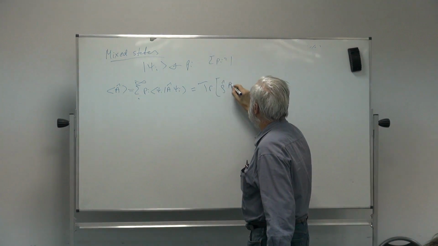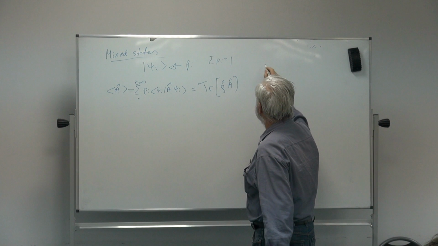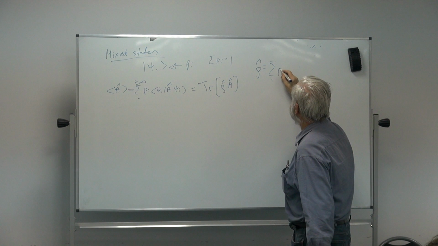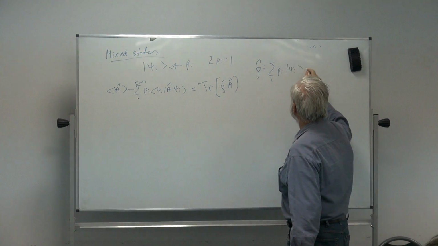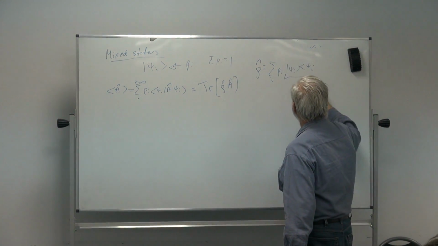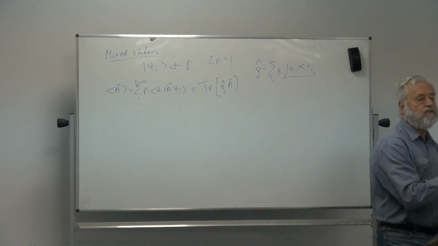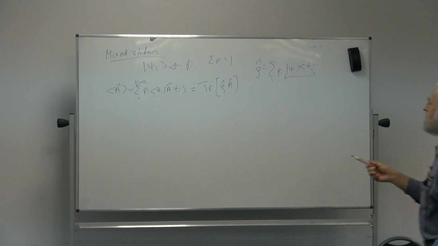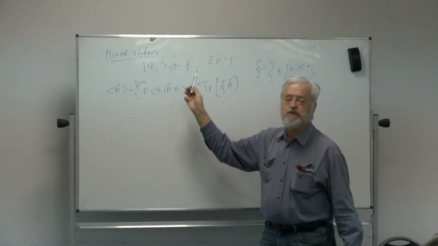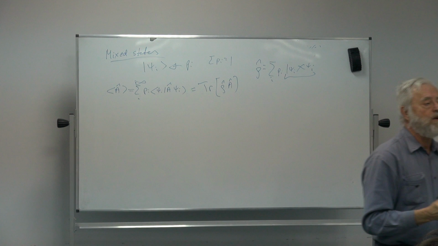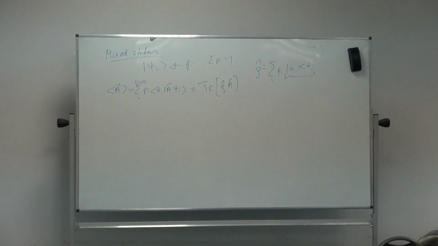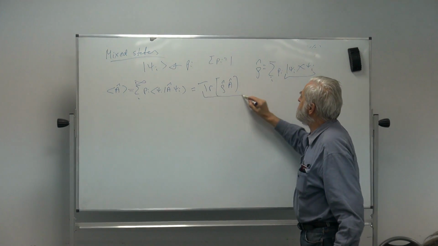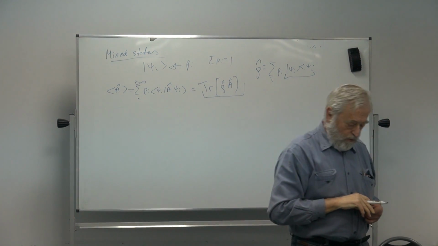operator rho with A, where operator rho is the sum over all i, p_i, psi_i, psi_i. So these are projections on each direction. So this way, this natural expression for the mean value turns out to be also nice geometrically because it's a well-known, well-defined trace operation for rho times